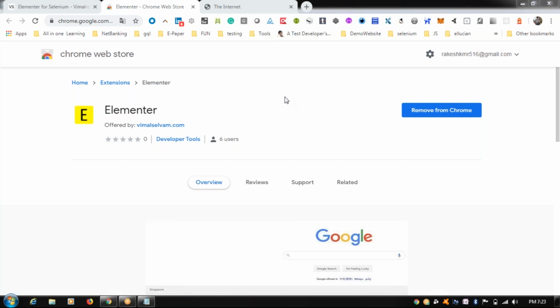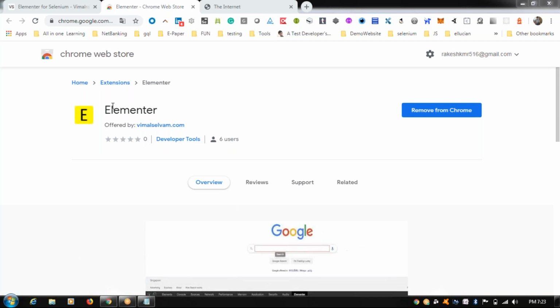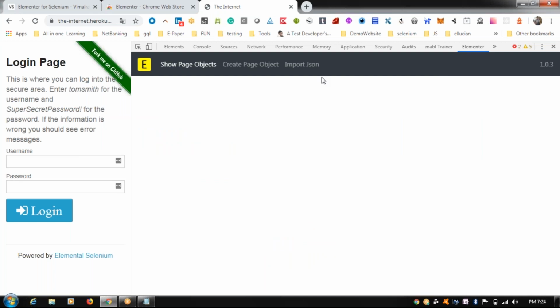In order to check whether the Elementor Chrome plugin has been installed or not, one way is you can see a button called Remove from Chrome. So you can make sure that it is there. Open the developer tools by right-clicking Inspect, or else press the F12 button for developer tools.